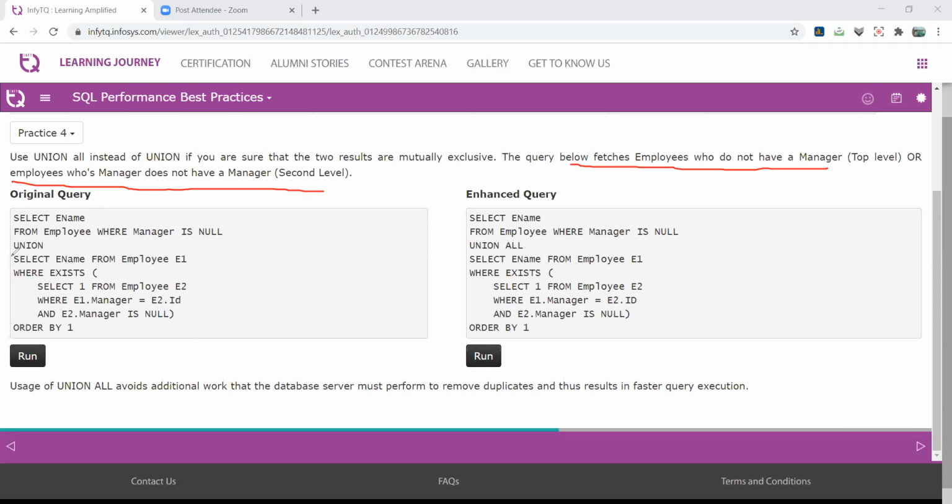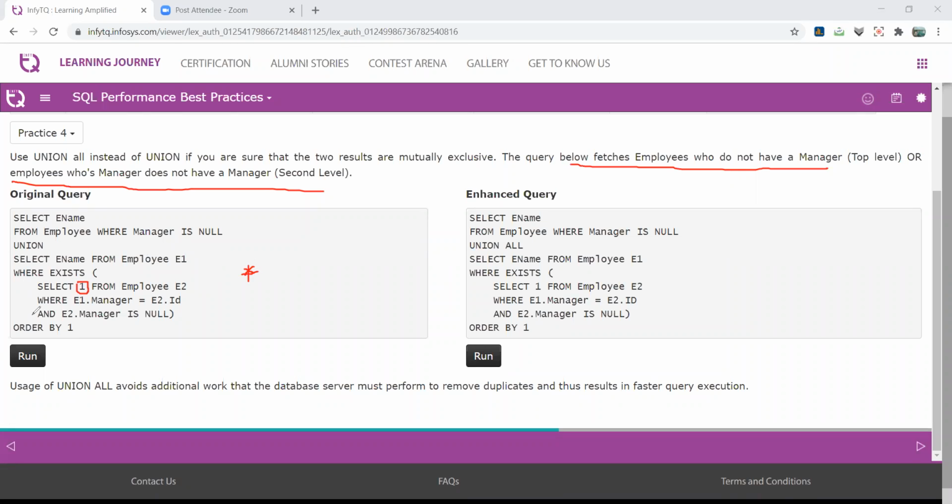Now the second query we solved: select ename from employee E1 where exists. Now one more concept comes into the picture when we use correlated subqueries, right? When you use correlated subqueries and you use the concept of exists, that is directly related to a true and false relationship, there is no direct comparison between the attributes, right? So in this part we use the constant value 1, right? Instead of 1, if you use the asterisk, or any attribute name, it takes additional time.